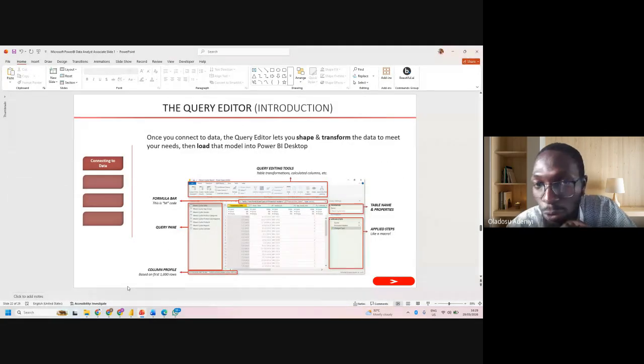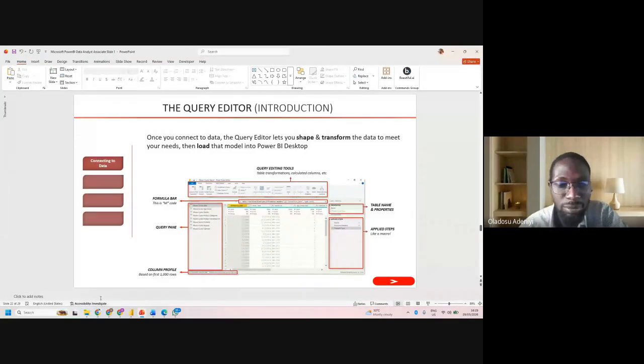Now, so this is the Power Query editor. And what is Power Query? All these types of questions, you always meet them during your phase of interview. The Power Query editor lets you shape and transform your data. Power Query editor is generally a transformation tool, where you can format your data, you can clean your data, you can reshape your data before your data analysis, right?